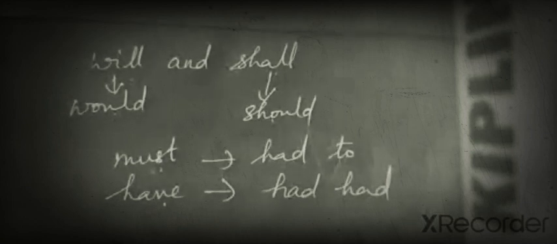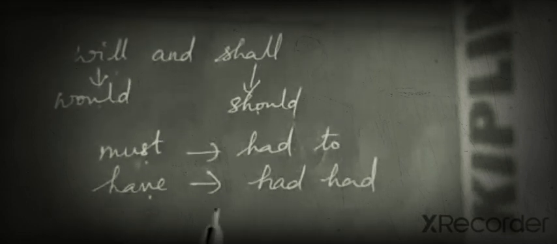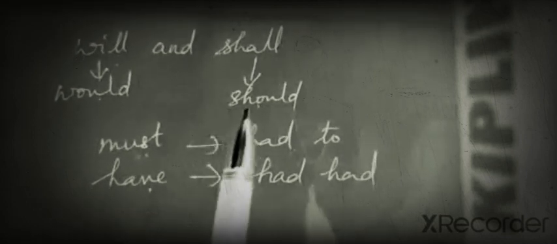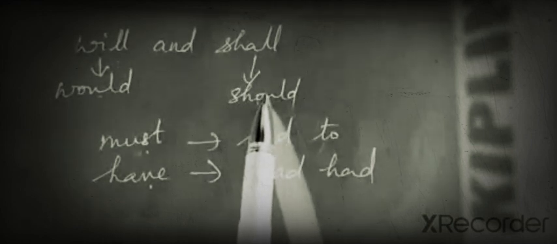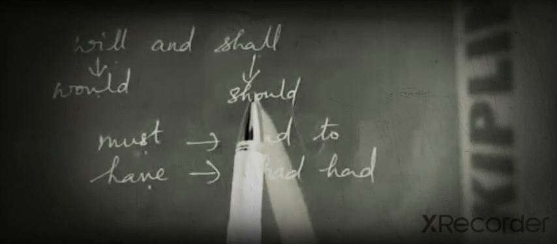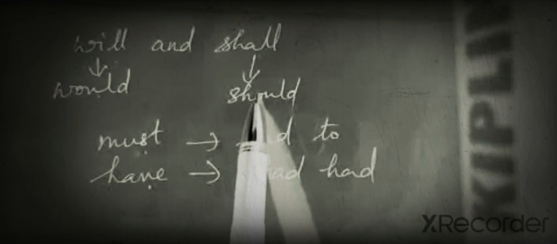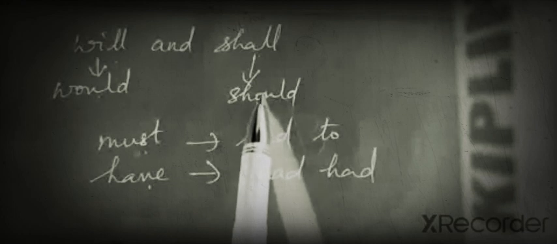I will do it. If you have such an exercise, I will do it. He said that he would do it. Then, shall I wait for you? He asked whether he should wait for her. Shall, I told you, is a helping verb. So when you begin a question with a helping verb, you use whether or if. So here it is, shall I wait for you. So you see the change. He asked whether he should wait for her.